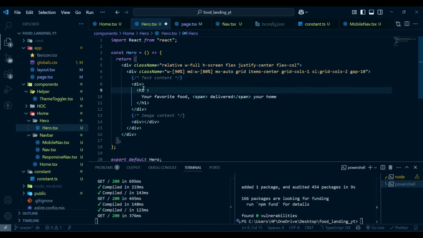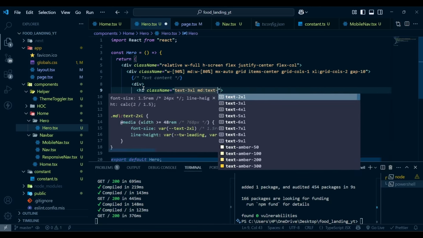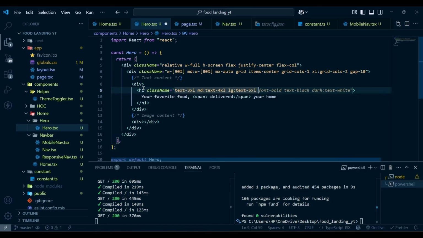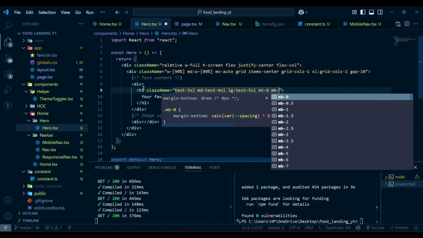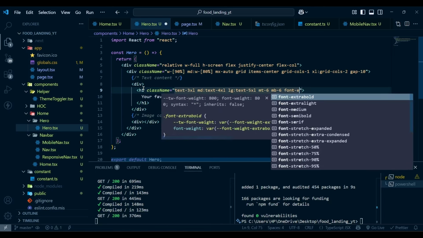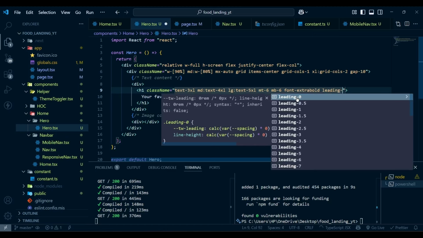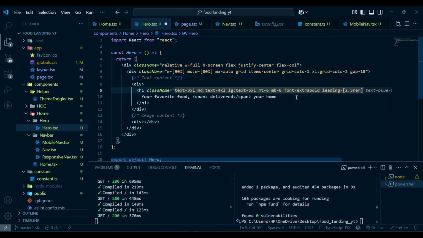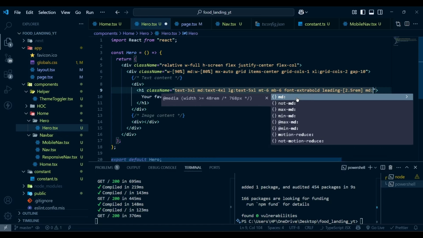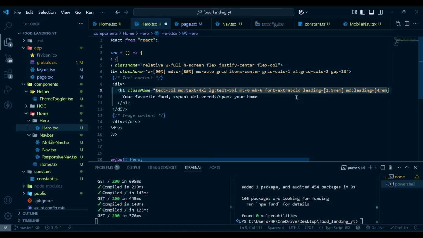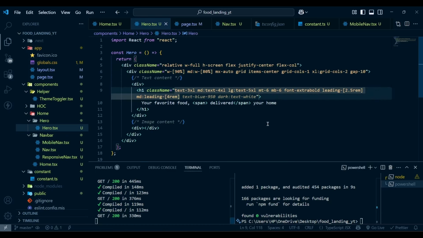Now this h1 will have a class name of text 3xl. In medium screen text will be 4xl. In larger screen text will be 5xl. Margin top will be 6. Margin bottom will be 6. Font will be extra bold. Then we have leading of 2.5 rem. Then in medium screen leading will be 4 rem. That's it. Now if I hit save